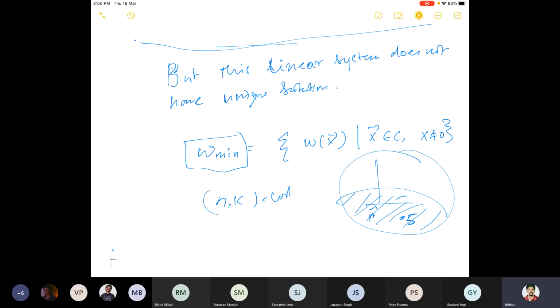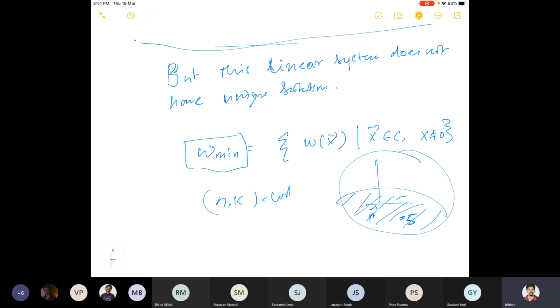So the first thing is how to calculate this minimum weight. I'll give you a way to calculate the minimum weight directly from the parity matrix. That is also one of the uses of the parity matrix. You don't have to calculate it by brute force, because there are too many elements, 2 to the power k entries, which is exponential. You cannot just calculate the number of non-zero entries for each code word. It is not possible. But we need to do that so that we can know how many errors we can detect.